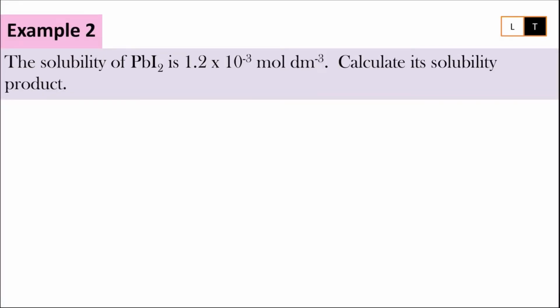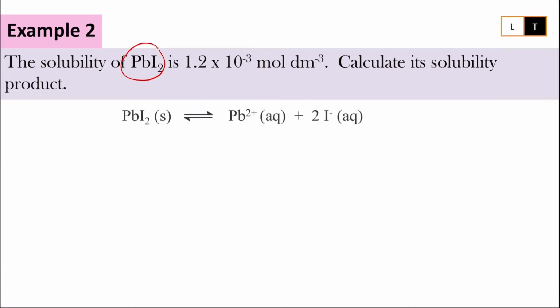Next example, let's try to calculate the solubility product when you have solubility of PbI2 is 1.2 exponent negative 3 mol per dm cube. Untuk jawab soalan macam ni, you have to know how to write the equation. Kebiasaannya untuk menghasilkan ion yang berkait rapat dengan solubility, ion itu akan bermula dengan solid dan arrow dia mesti two direction. So we have our PbI2 dan kita akan dissociate this PbI2 solid into two ions, positive ions dengan negative